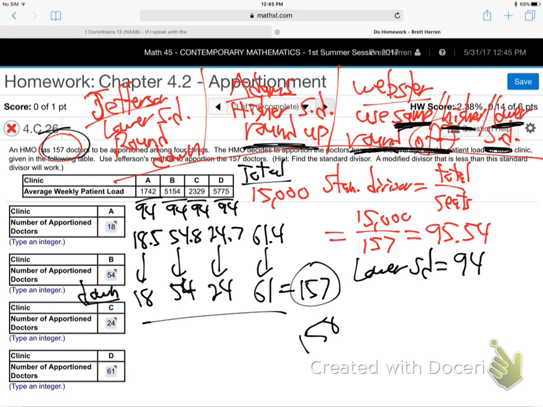Does that make sense? What's the Webster method again? So the Webster is you use the same standard divisor, or maybe higher, or maybe lower, and you round off. That's the key to what I like. Webster's a little better. Round off, not up or down. Off, meaning 0.5 goes up, 0.4 goes down. Right? Is that good for those other three?